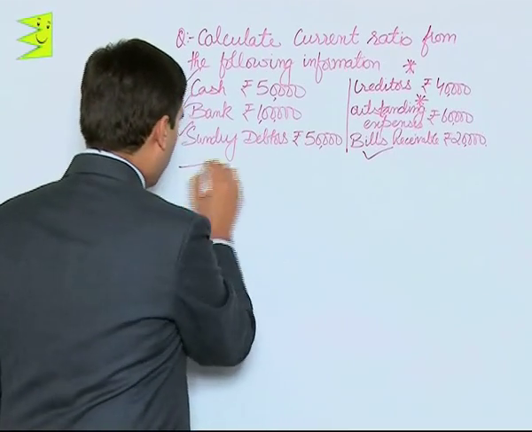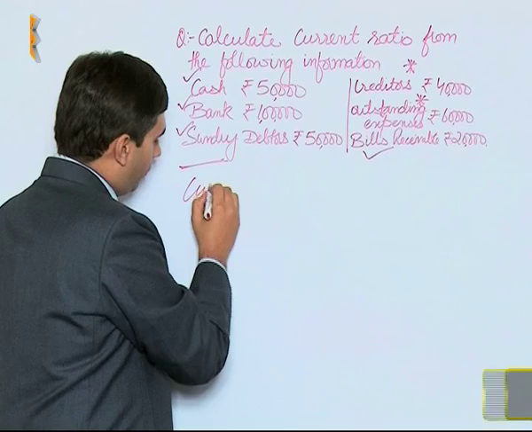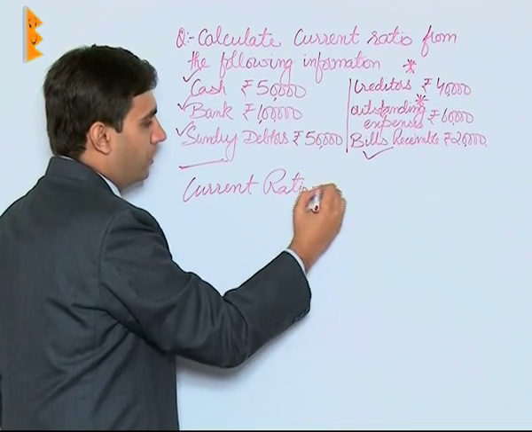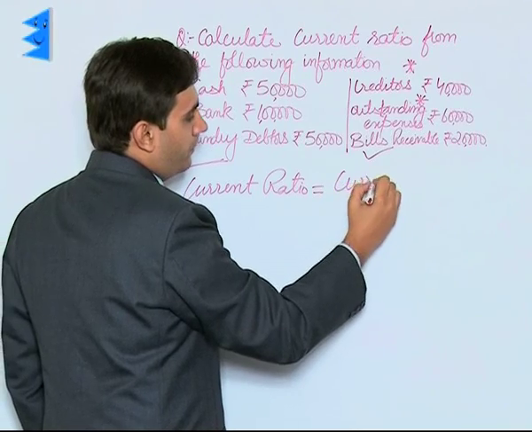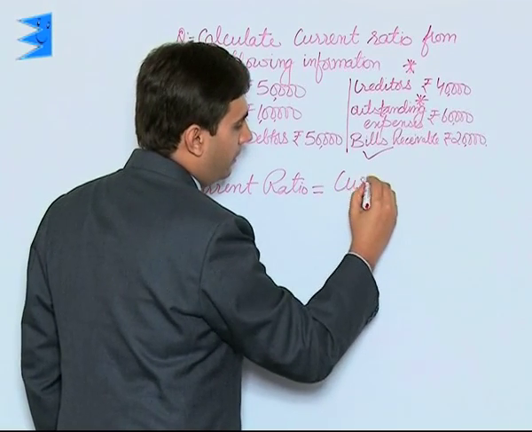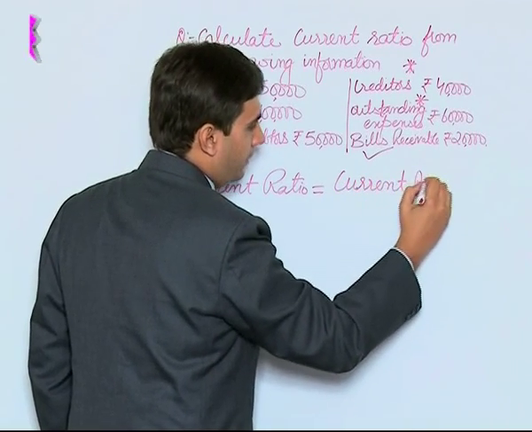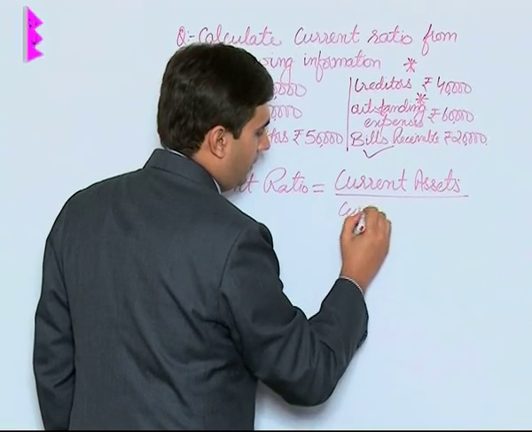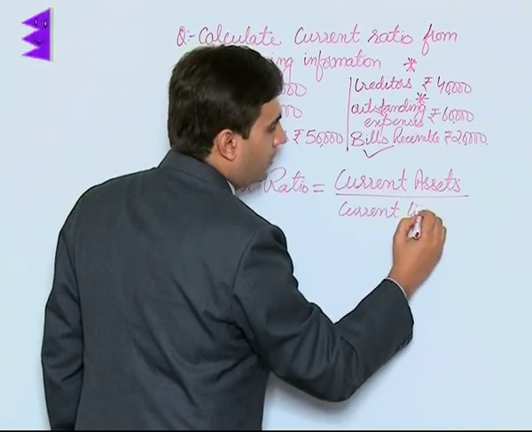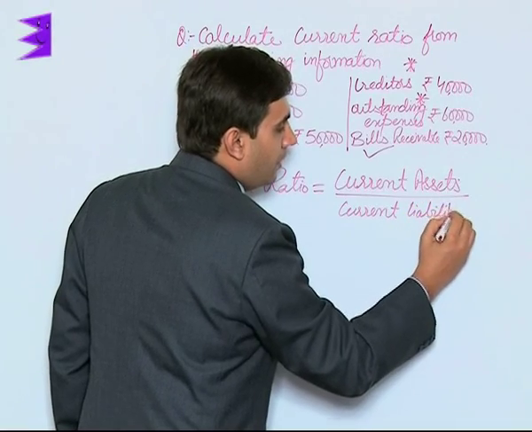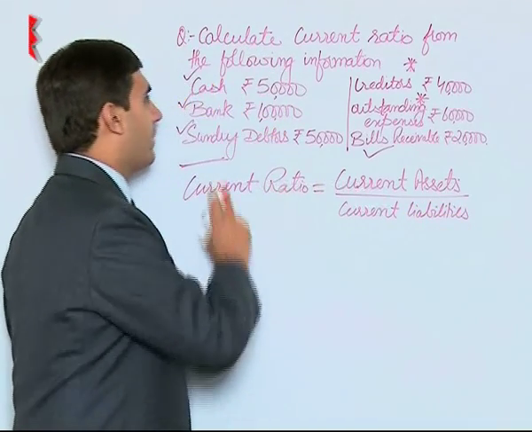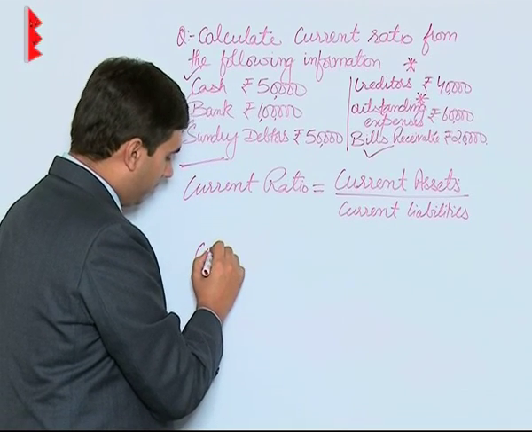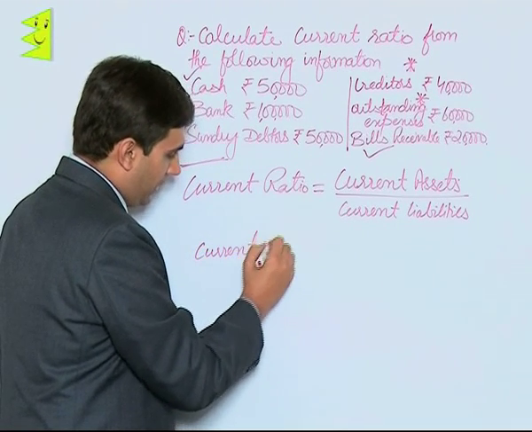Now coming to the solution part, current ratio is equal to current assets upon current liabilities. Now students, current assets in this question we have marked by a tick mark here. So let us see what is the value of the current assets. So current assets,